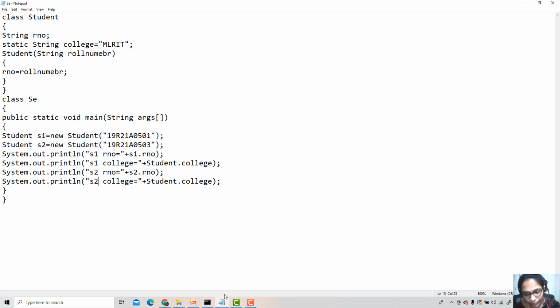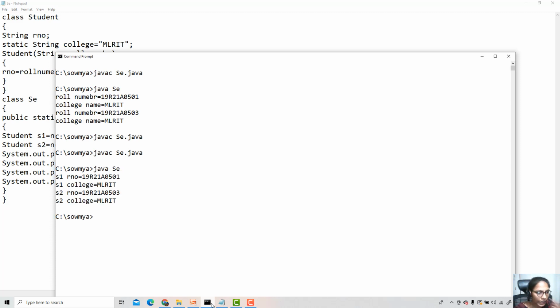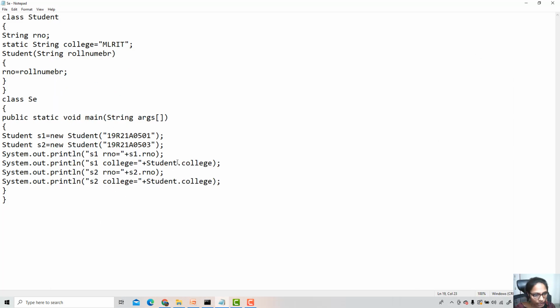I'm saving this, I should get the same output now. So I'm compiling, I'm executing. See, S1 roll number is 501, S1 college is MLRIT, S2 roll number is 503 and S2 college is MLRIT. Now, instead of using the class name here, if I use S1 and S2, we'll see what happens.